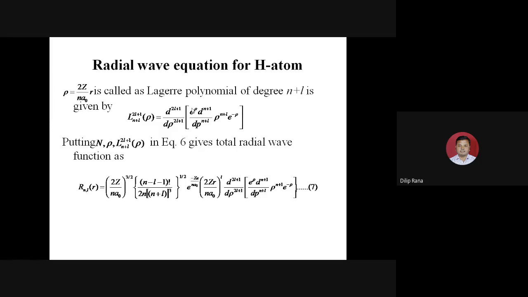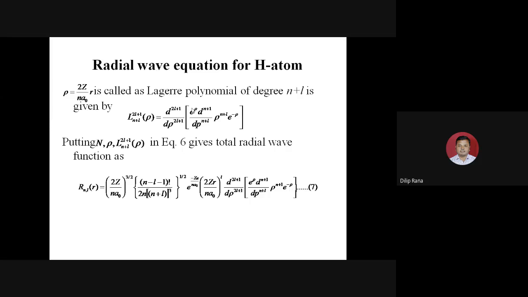Now equation number 7 is the direct equation for the radial wave function for the hydrogen. As per the syllabus, we can write this equation directly, but we have taken the steps. First we consider the wave function as a combination of radial and angular parts. Then its solution is determined by using some quantum mechanical operator which is out of this scope, and then the normalization, the wave equation and the rho. When we put them together, we have the radial wave equation, this one.